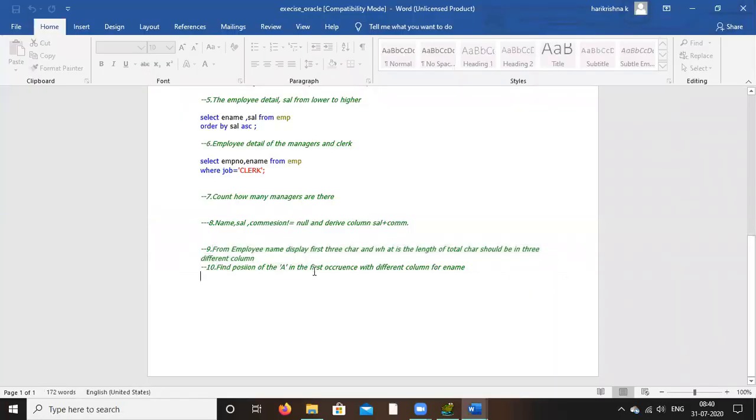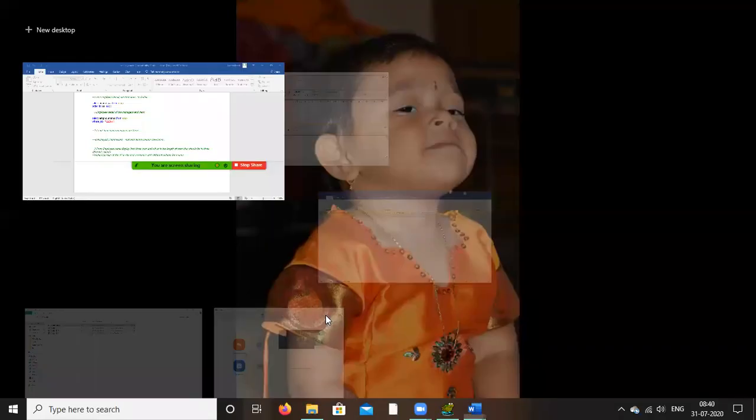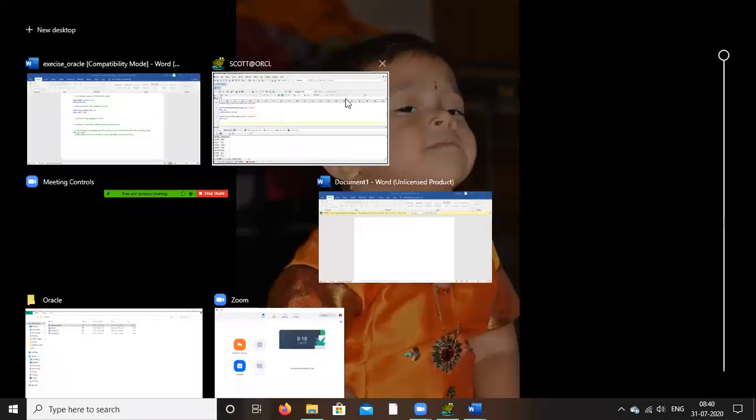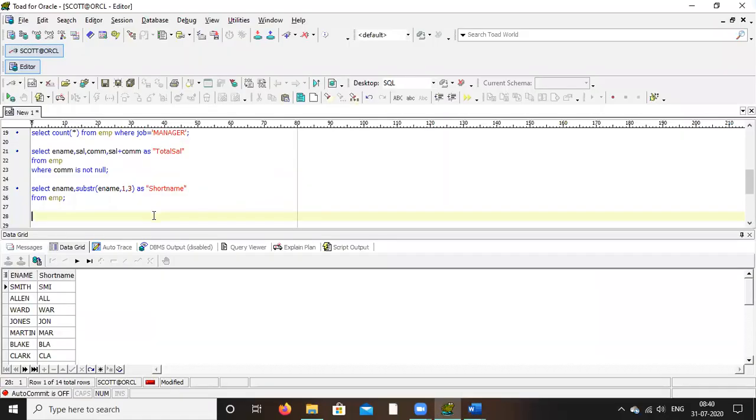Find the position of A, the first occurrence, in a different column. Okay. How to find the position of A? Now go there. Select ename, comma. To find the position of A in a string, INSTR. These are the built-in functions you have to remember.